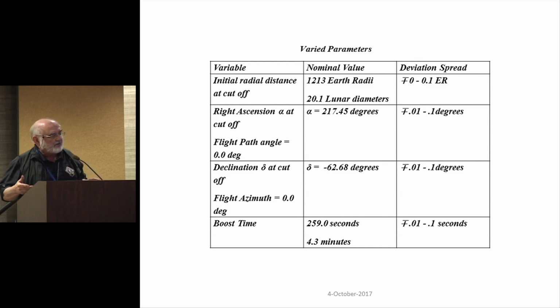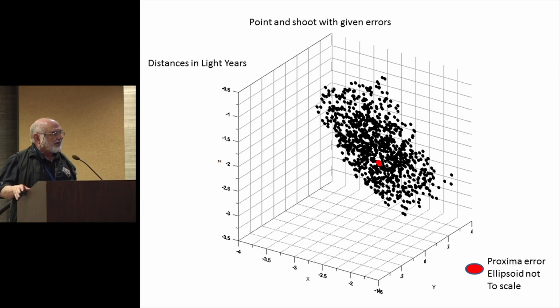So each one of them is distributed normally, and the other parameter is the boost time, and did that about the same. This is the raw result at the end of 20 years in the propagation. If you fix the propagation time and you fix the velocity to be 20% the speed of light, you wind up pretty much with a kind of a sheet of, well, I'm sorry, I should say there's 1,000 trajectories that I put in. So that's 1,000 spacecraft launched, well, they weren't all at once, but,